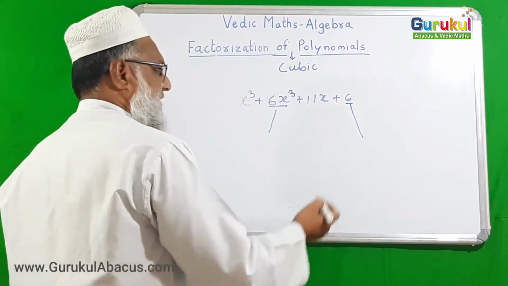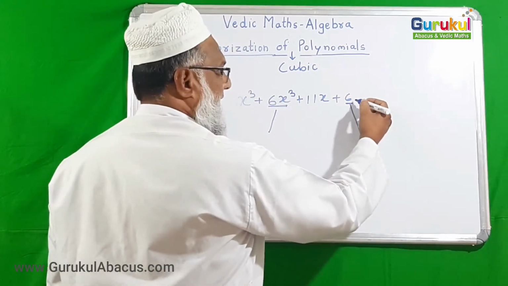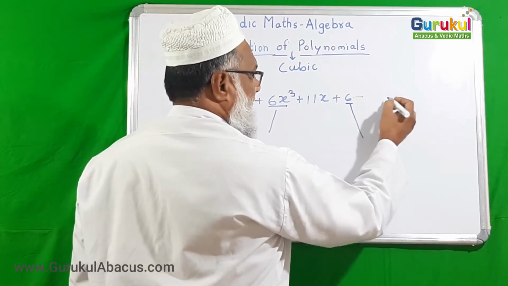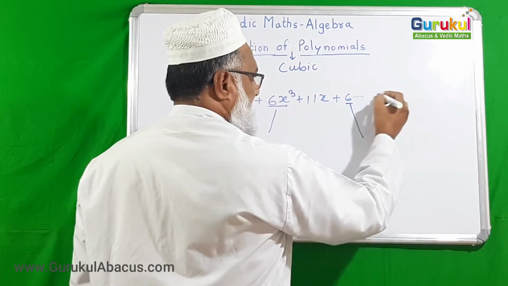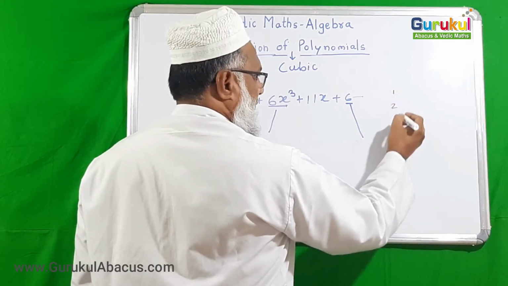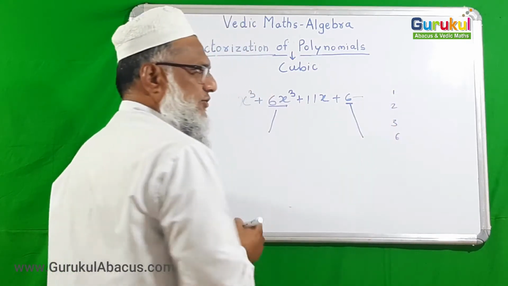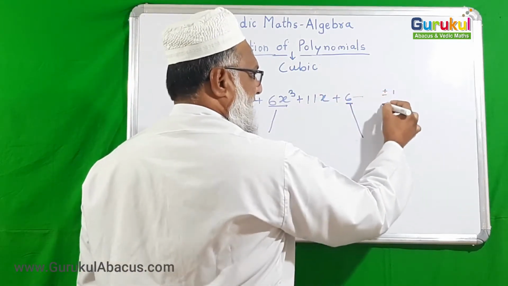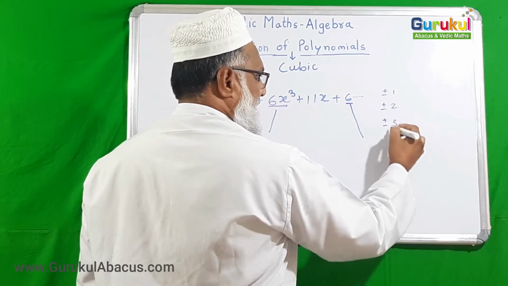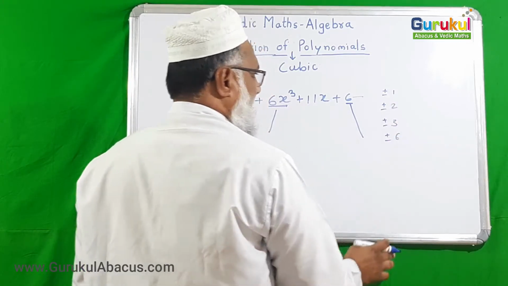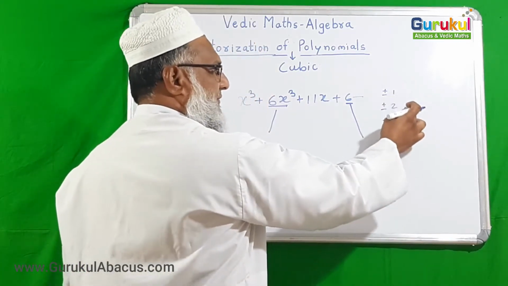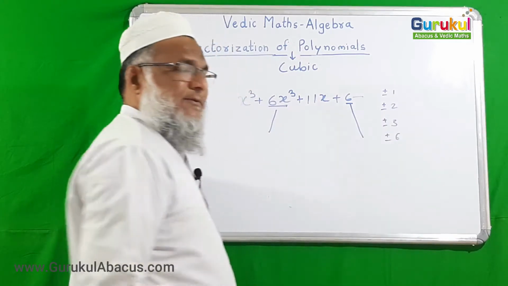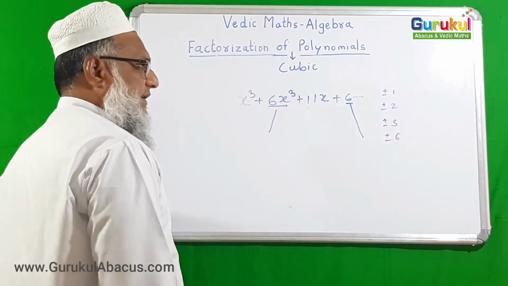Now see, first factorize the last constant number. The factors of it are 1, 2, 3 and 6. The factors we take can also be plus or minus, which is one thing we should keep in mind. Now we should find the possibilities from plus or minus 1, plus or minus 2, plus or minus 3 and plus or minus 6. Now what are we requiring?